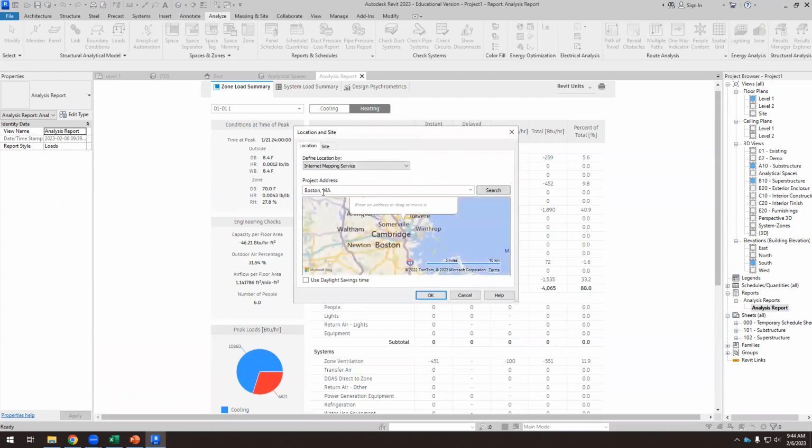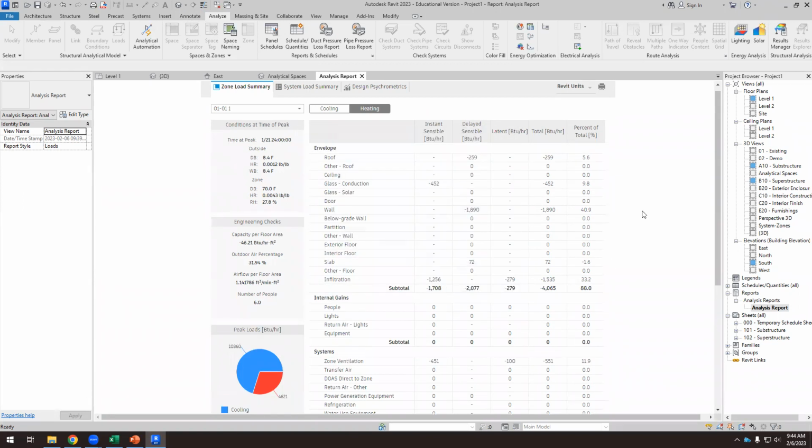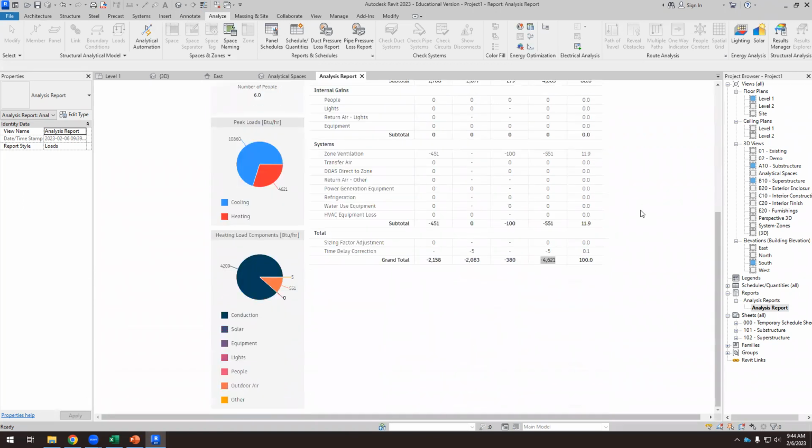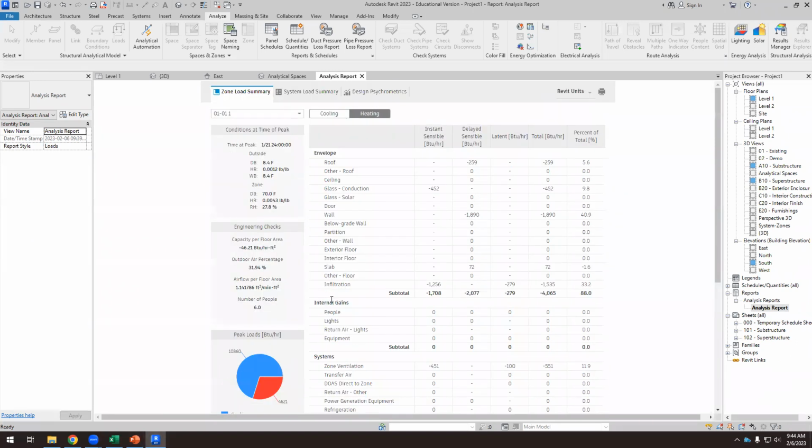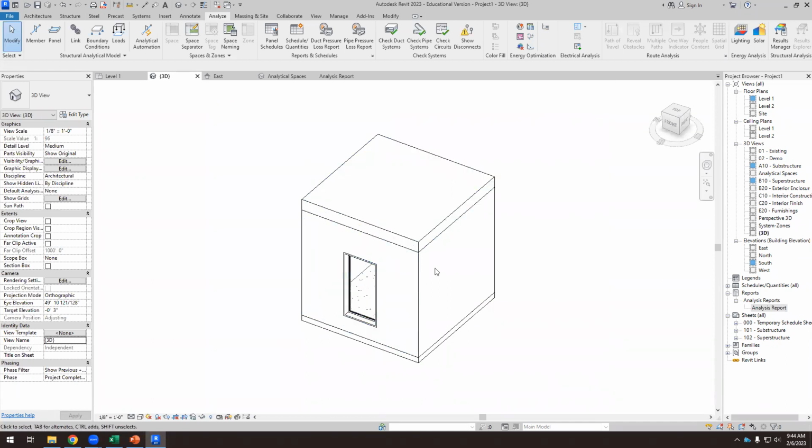Yeah, by default, it's in Boston. But it's surprising that in Boston, with this building, cooling is more demanding than heating. Okay, so